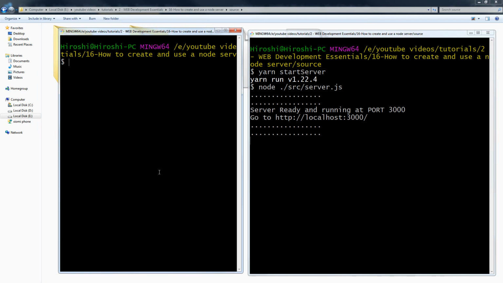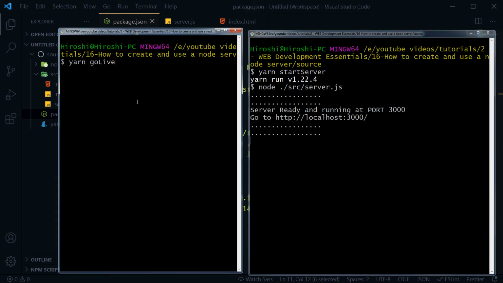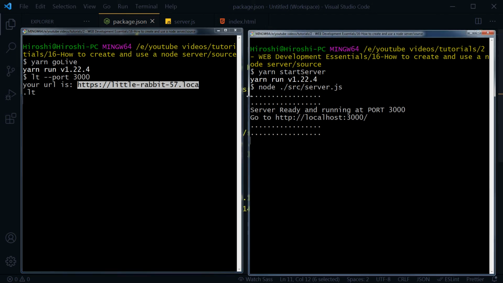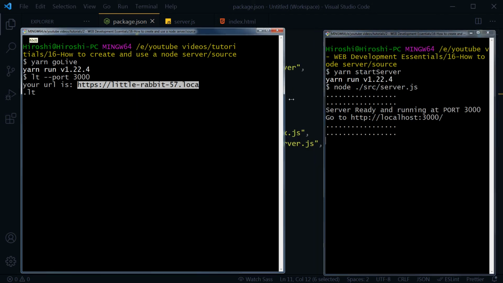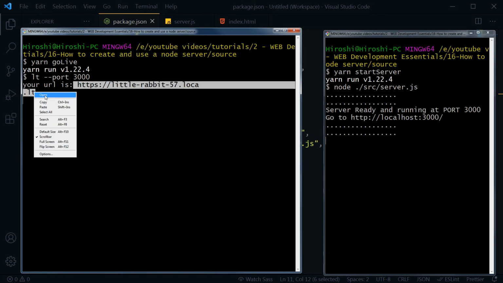I will give the second command here by using yarn space, that command is go live. Go live, this command, enter, and it gave us a URL, a new URL. Now this is the URL that is serving our project and making it live. This is the whole URL. Copy,